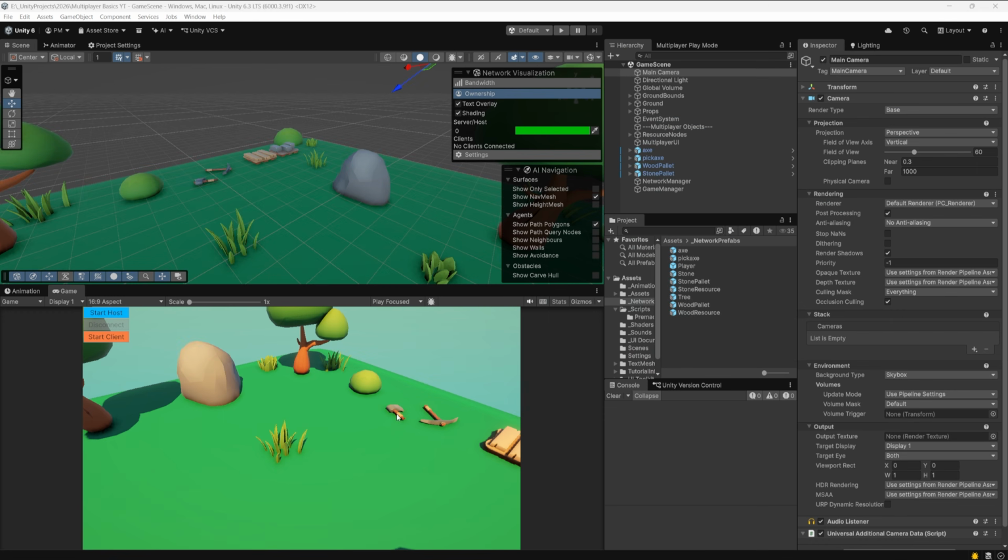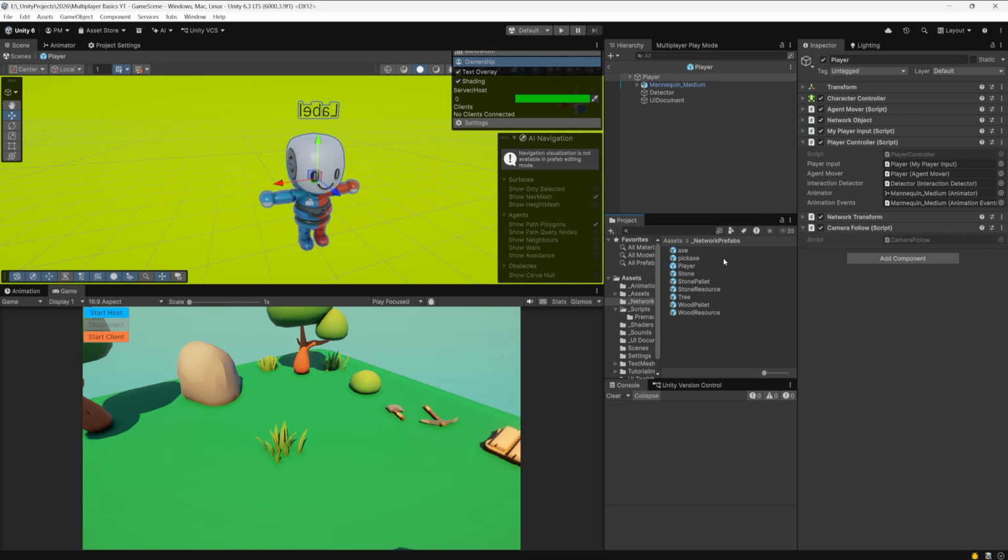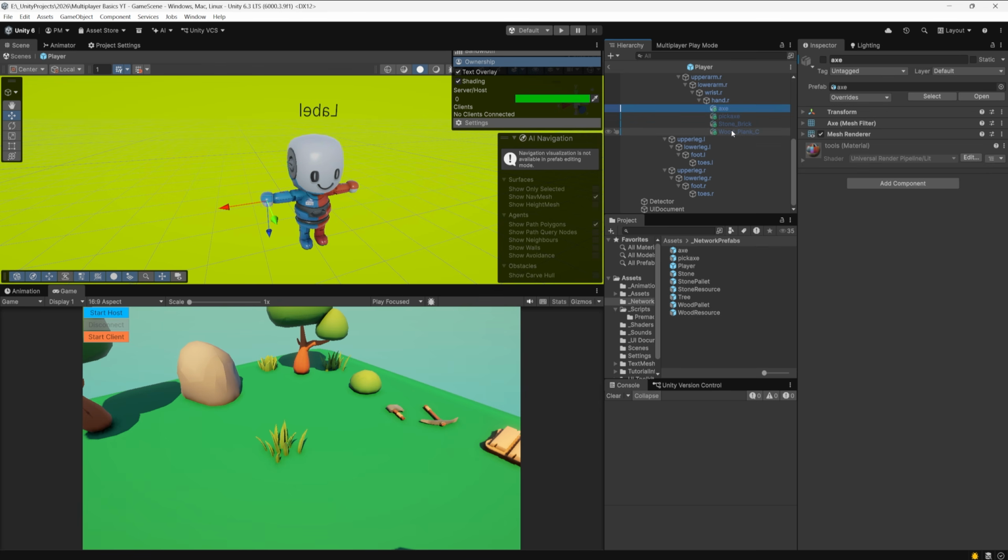The next step is to finish the object pickup logic. Let's go back to our network prefabs folder and open our player prefab. Here we can see that it has this mannequin medium mesh child object. Holding the Alt key, click on this arrow to expand all the child objects of it, and somewhere here you will see 4 disabled objects. If you enable them, you will see that the different object models are appearing in the